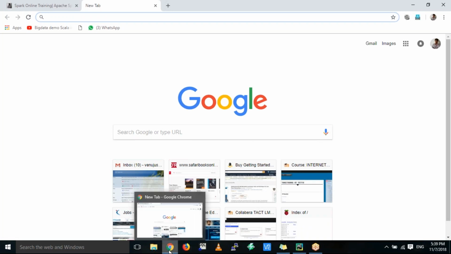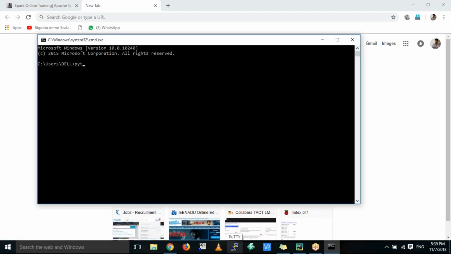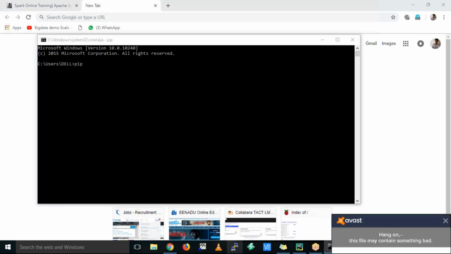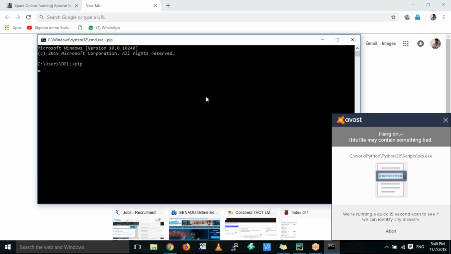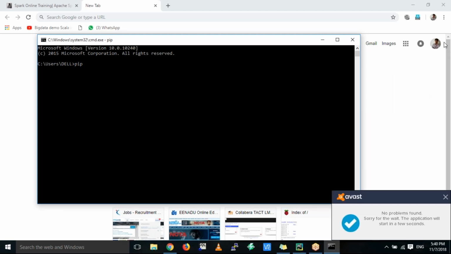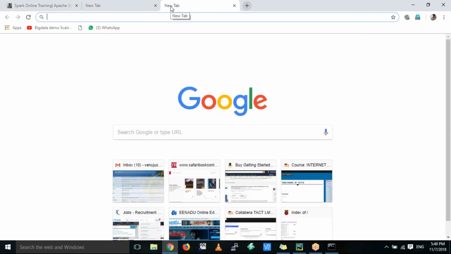especially there is one more thing called pip. Open CMD. Pip is a very important package. How to install pip? Pip is nothing but a small utility to install any type of packages. Now, just a minute. Pip is already installed, that's why you are getting that issue. If it's not installed, what should you do? Pip